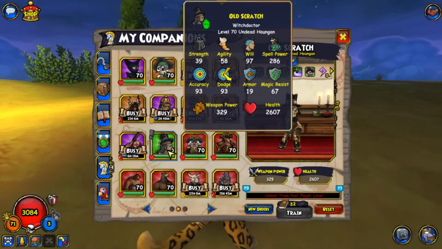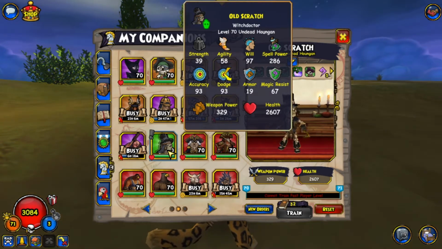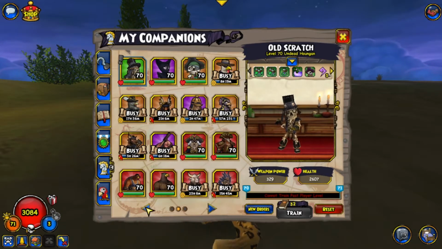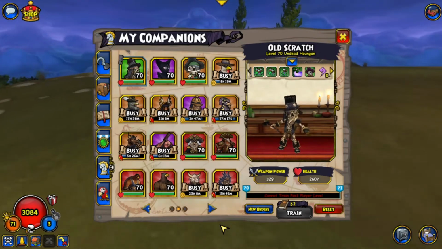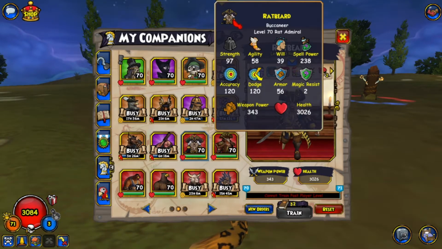And then we have Old Scratch, who I'm going to put ahead of Shiruku Neko. I just don't use Old Scratch on this guy. Some people have strats with Old Scratch on Musketeers, but I just don't see the need for it, so I really don't have him on here. But yeah. Anyway, let's move on to...